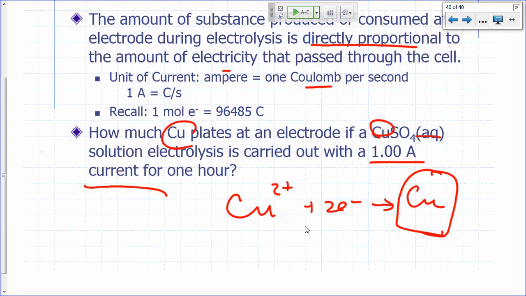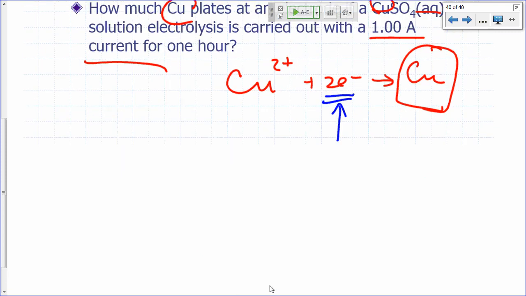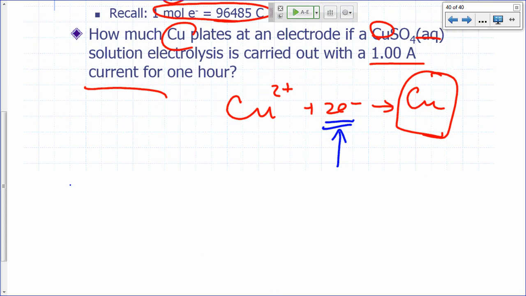Well, 1 amp is a coulomb per second, right? And you can see how many coulombs you have per mole of electrons. So you can figure out how many electrons you have. Once you figure out how many electrons you have, you just divide that by 2. That gives you moles of copper, right? So let's do that. You're going to say, okay, moles of electrons